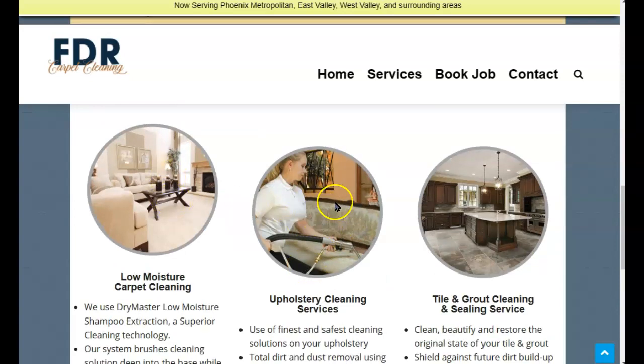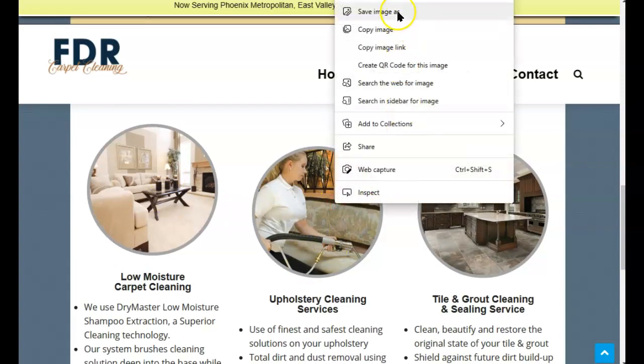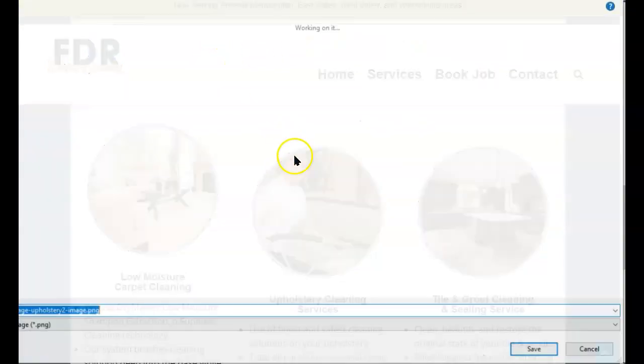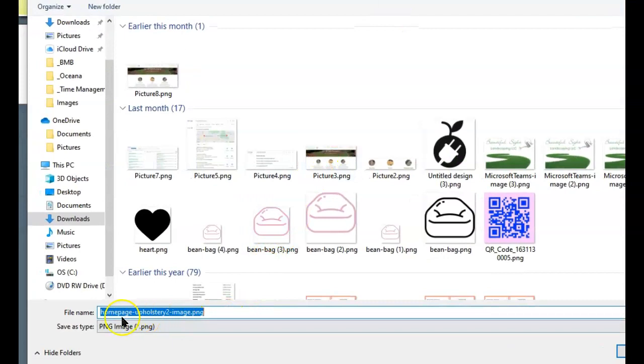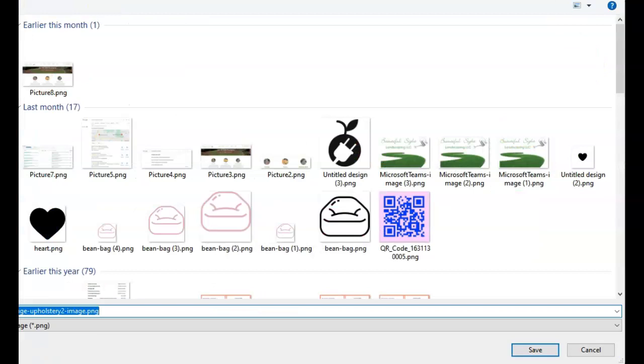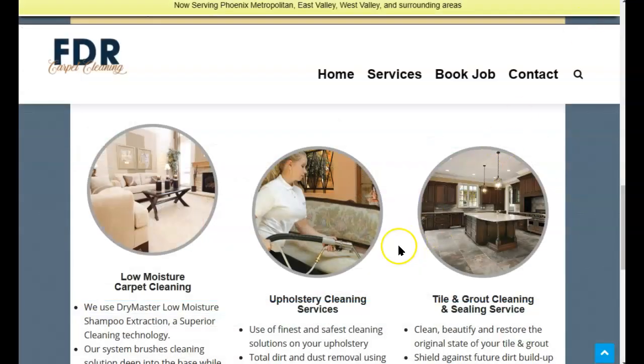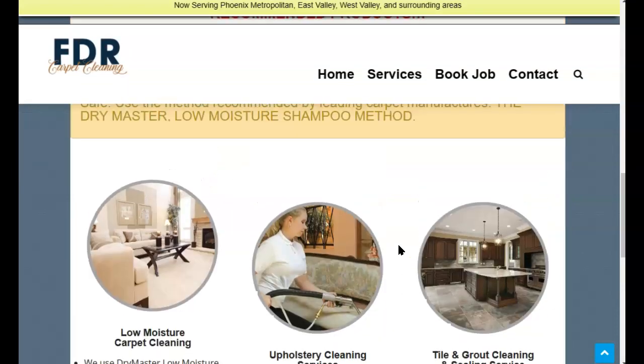And then if I right click on an image, this is a fun little trick I've learned, I can save as and see that this image was saved as a homepage upholstery 2 image. I'm sure that was very helpful for the person who was creating the website, but it's not helpful when communicating with Google. So what you want to do is save these images again, but this time